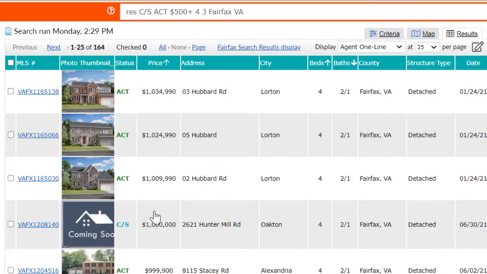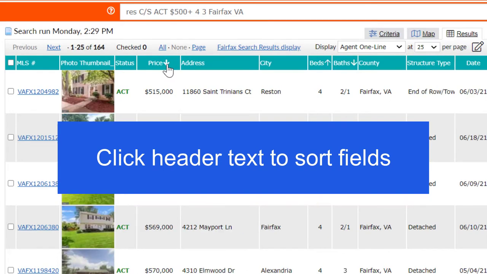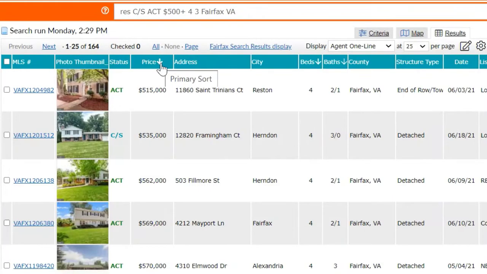Click the column header to activate a sort by ascending or descending order. An arrow will appear signifying when your criteria is sorted. You can select two additional fields to activate a secondary or tertiary sort. Hover over each arrow to see the order in which it is labeled, or by looking at the width of each, where the thickest arrow signifies your primary sort.